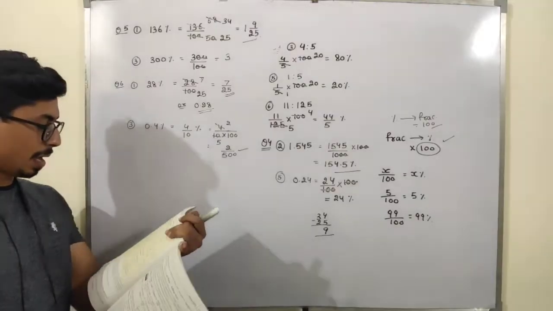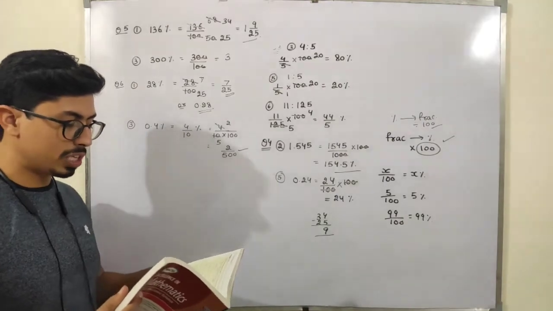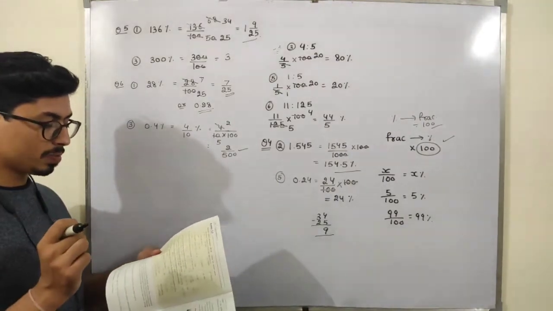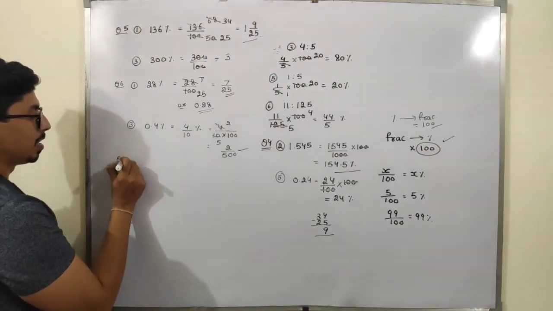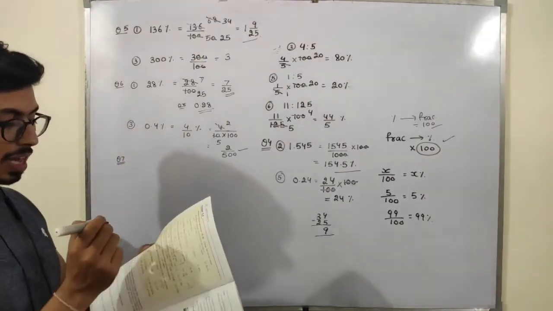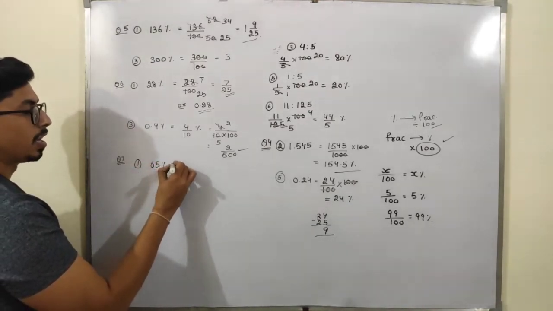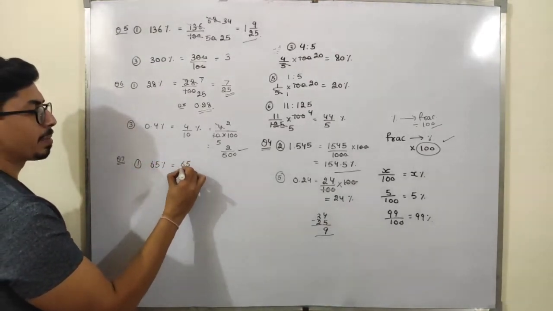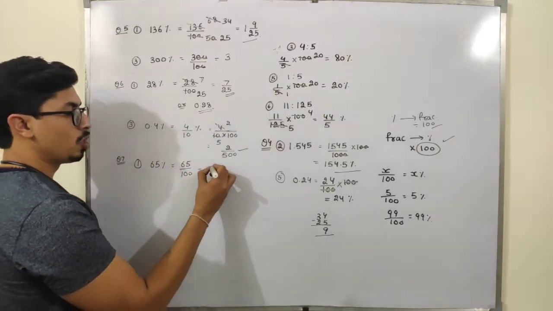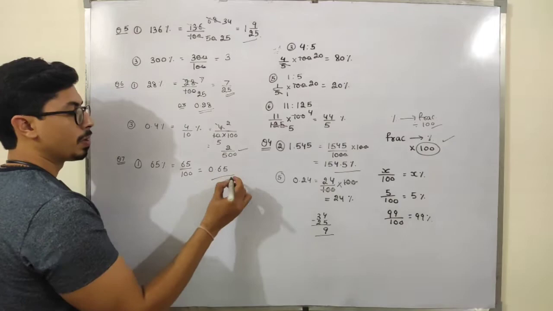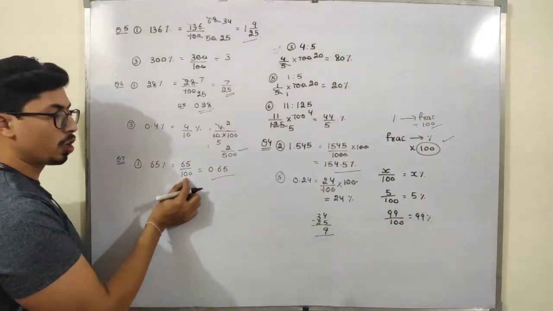Now students, I am going to discuss the question number 7. See, question number 7 is also the same students, but in question number 7, I want the answer in decimal. So see, in decimal, how can we convert? Like, if I take first part, that is 65%. Remove the percentage by dividing it by 100. Okay. Now see, I can write it like this, 0.65. Because after the decimal there are 2 zeros, so I have to put 2 zeros in the denominator.